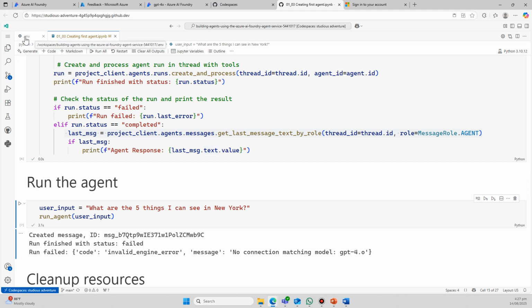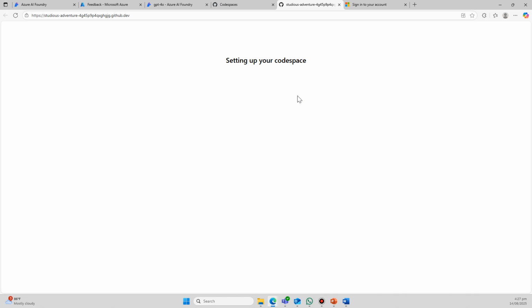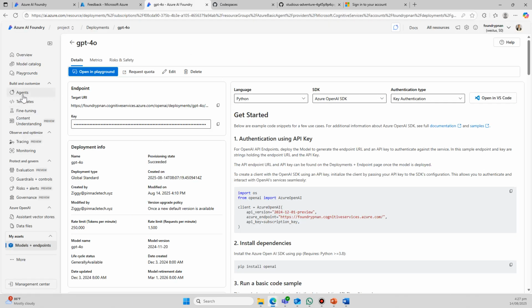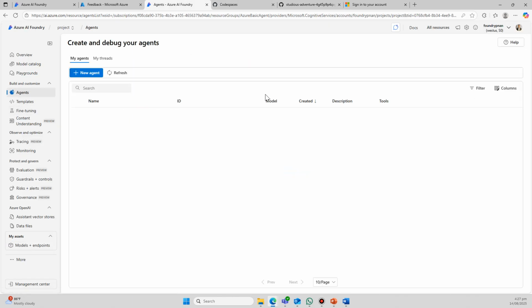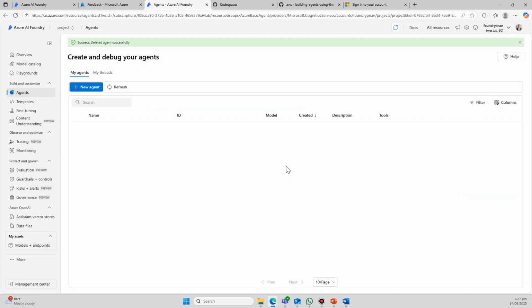So we need to go back here and modify our environment file, and load this again. And since these are long running agents, you can either delete the agent through code, which I'll show you later, or you need to delete it through the portal, because if you don't do so, this will forever be here in the system and you'll be incurring costs eventually. So yeah, the model is incorrectly set up, so we need to delete that. Okay.